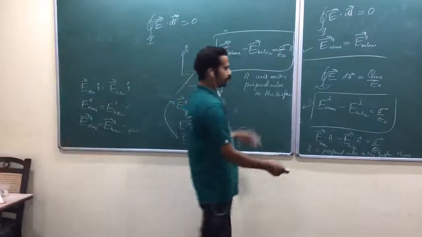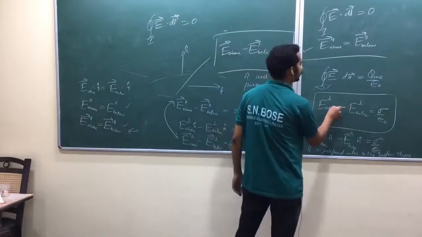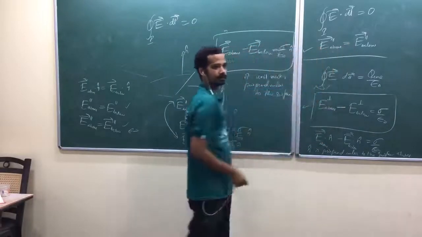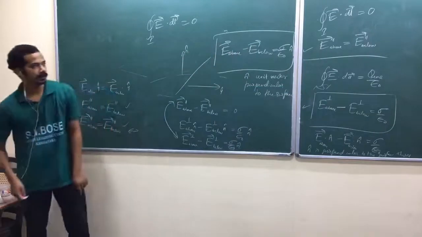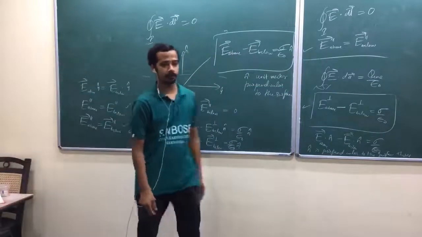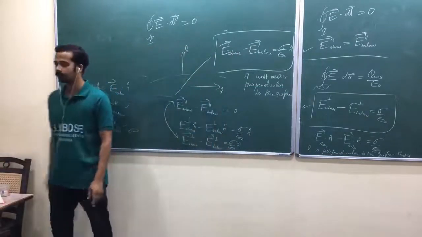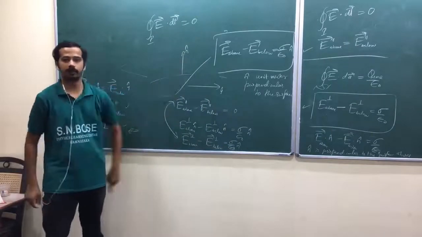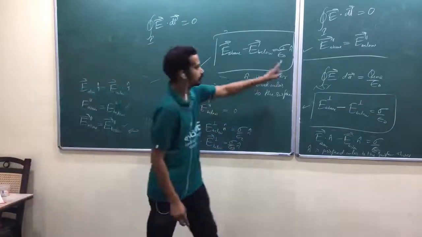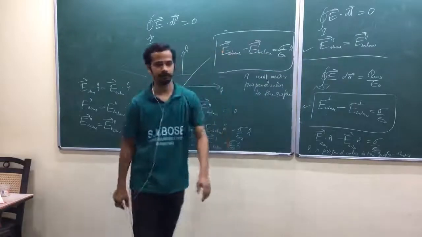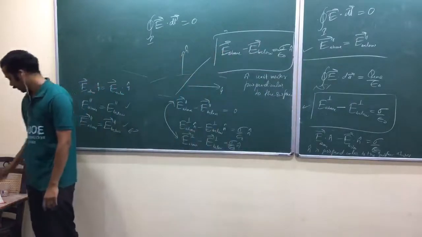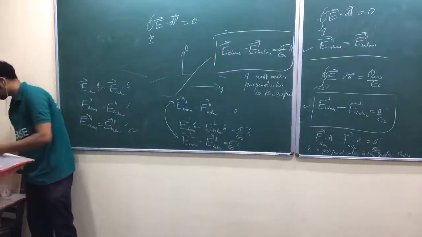So again, why this negative sign comes, try to explain in your way. So here also a negative sign, isn't it? Again, whenever you are writing parallel components, since there are many parallel directions, you have to refer to which parallel direction you are talking about. That's why you have to write that one in vector form. Is that clear?